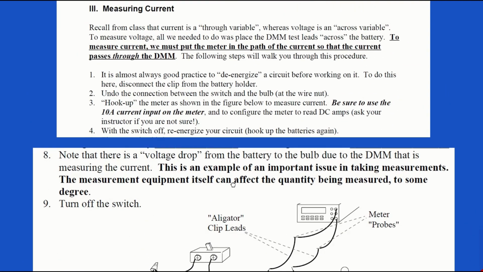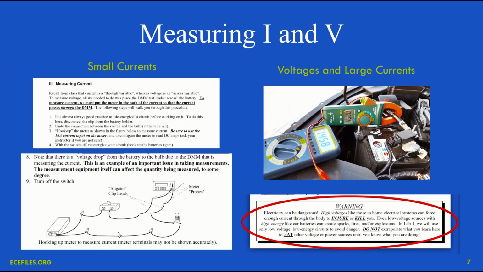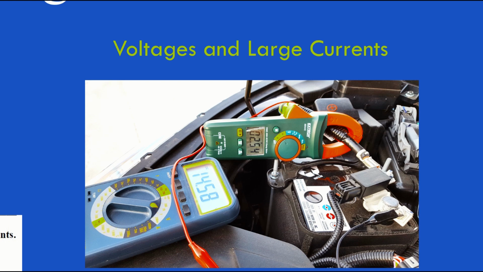A few caveats about what we're doing here. Current is what we call a through variable because of what we just said, and voltage is an across variable. We'll get to that in a minute. And we de-energized the circuit before we modified it. We hooked up the meter, but we've got to be sure to use the correct terminal on the meter. Otherwise, we're going to blow up a fuse in the meter. And we can use a method like this for currents up to, say, a couple of amps, a few amps. But if we have larger currents, like you may have in an automotive system, we need to do it a